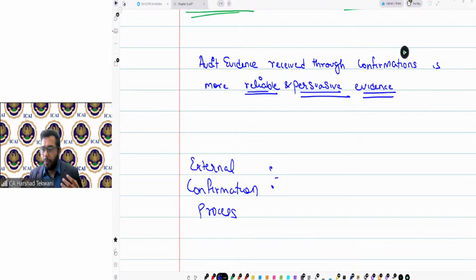In the books of account there were certain deposits shown, but in actual there were no deposits present, in the case of Satyam. The whole case has a lot of discussion around it.